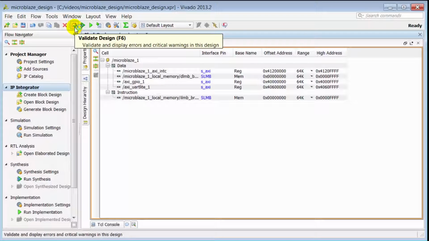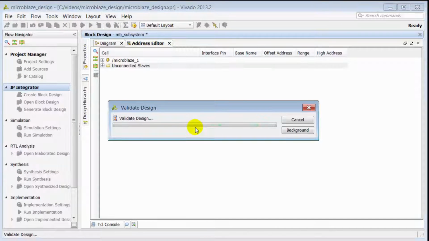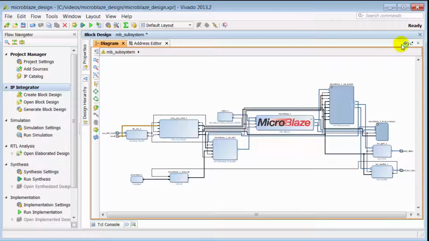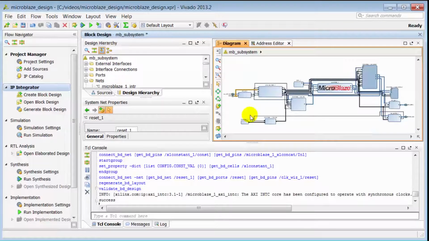Next, we need to run the design rule checks on the design to make sure that our design is free of any errors. To do this, we click on Validate Design on the toolbar. Validate Design shows that there are no errors in the design, so we can go on to generate the output